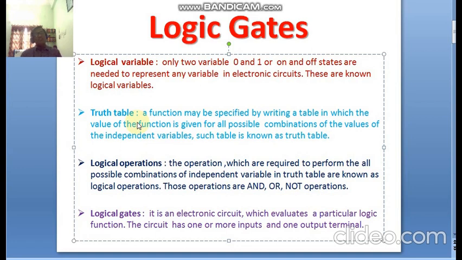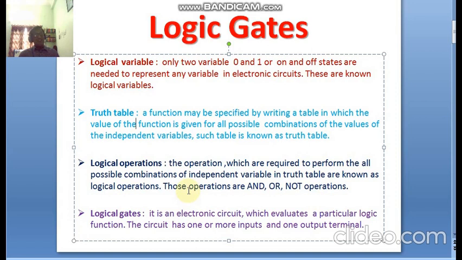That table is known as a truth table. Similarly, the operations which are required to perform on all the possible combinations of independent variables in the truth table are known as logical operations.